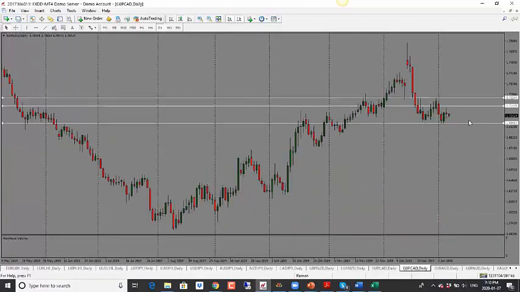Pound CAD here, this one is neutral. Slowly, it's kind of making lower highs here. So overall bias still remains to the downside, but we do have a neutral candle close, so bias is neutral. I would look for a retest of the 1.6970 level here, but neutral bias for Pound CAD.